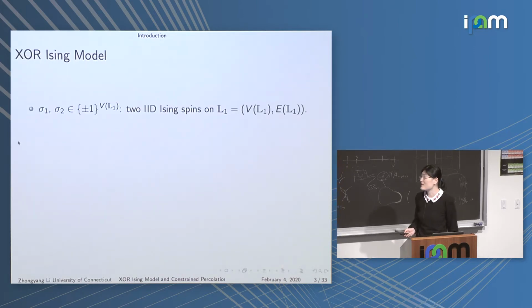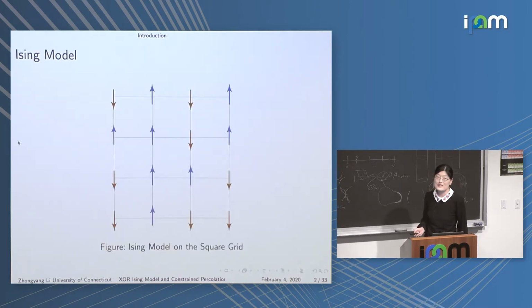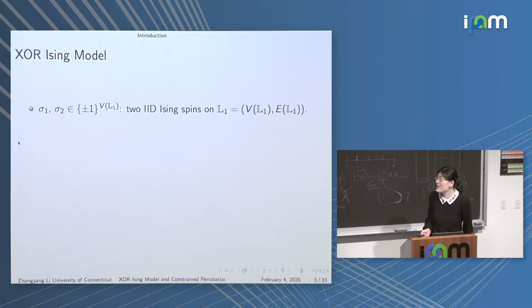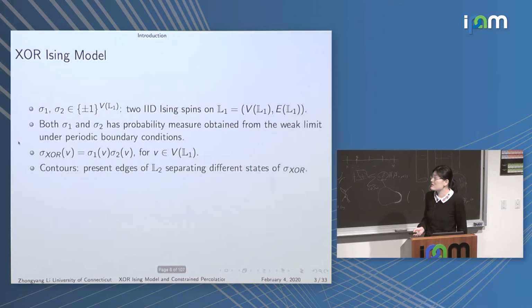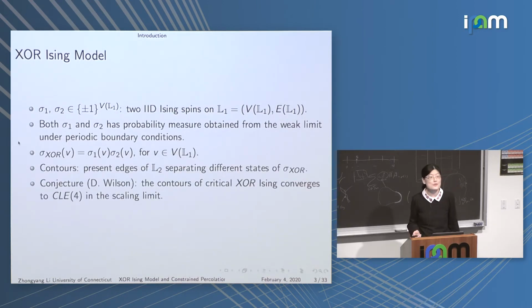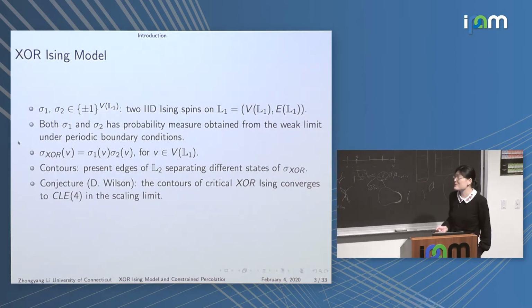about is something called the XOR Ising model, which is also on a graph. Each vertex is associated with a random variable, which could take two possible values, either plus or negative. The XOR Ising spin, the random variable associated to each vertex, is the product of two independent, identically distributed Ising spins. It has become an interesting model to work on because there is a conjecture by David Wilson about the XOR Ising model, which says that the contours of the critical XOR Ising model converge to the